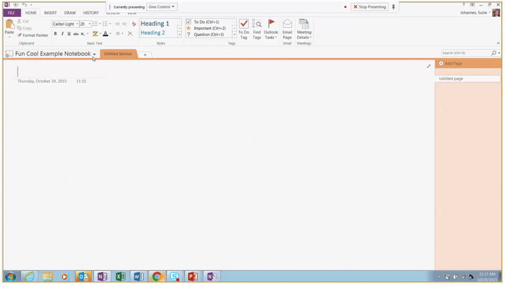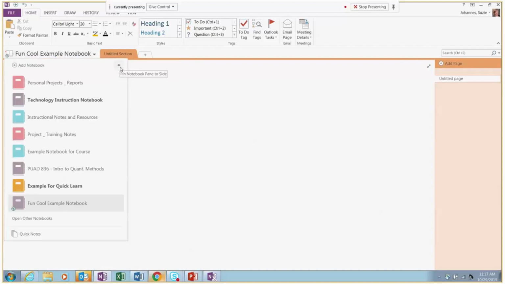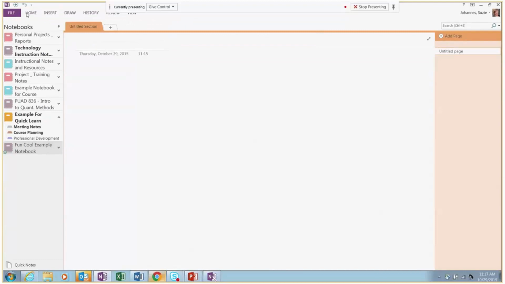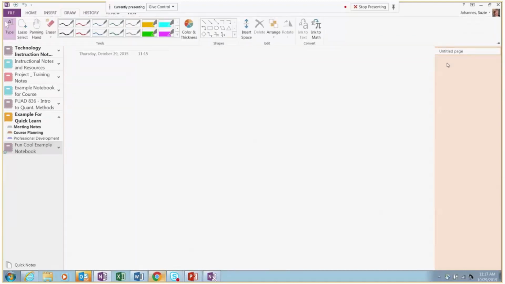If you want that, you can click this drop down and pin it open using this push pin. It's similar to the ribbon. If you've ever noticed your ribbon becoming collapsed and you want to pin it open, you can click on any of these tabs and then click the push pin along the right to pin it open.